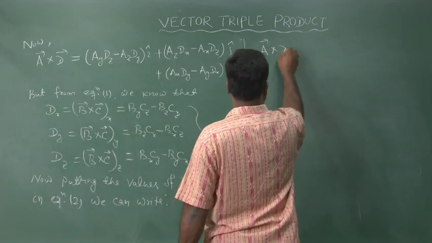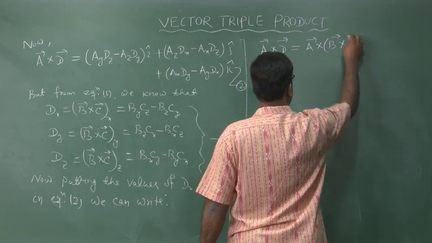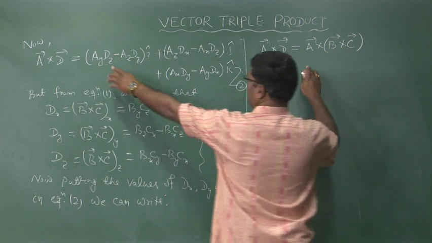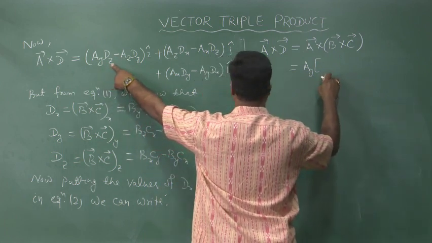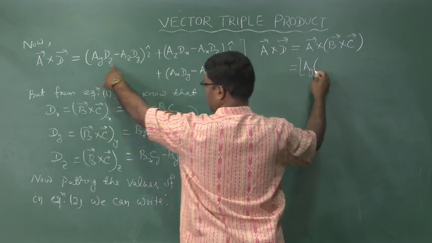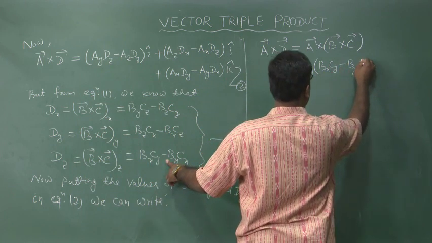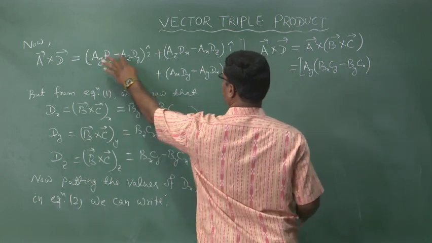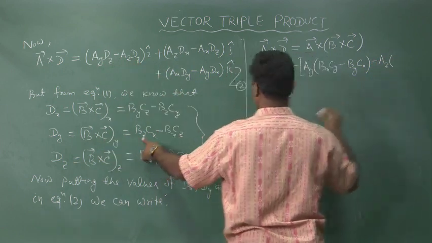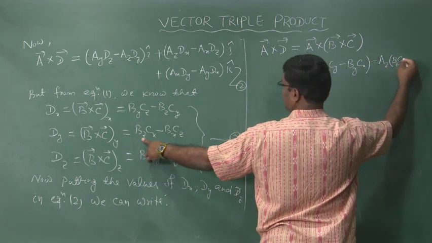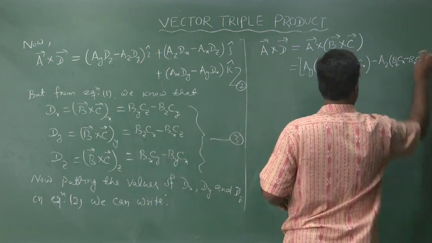A vector cross D vector, which is equal to A vector cross B vector cross C vector, which is equal to Ay into dz, bxcy minus bycx, minus Az into dy, bzcx minus bx into cz, whole into I cap, plus